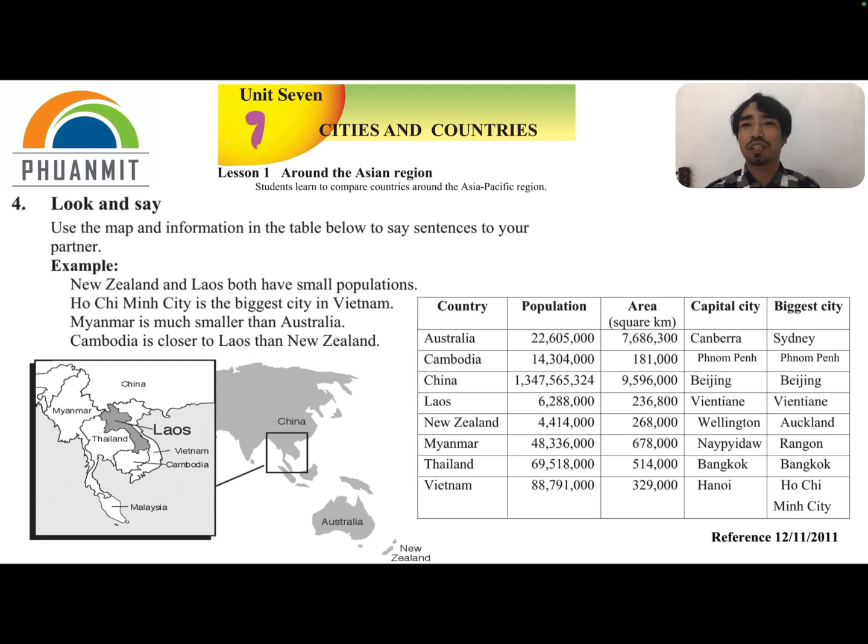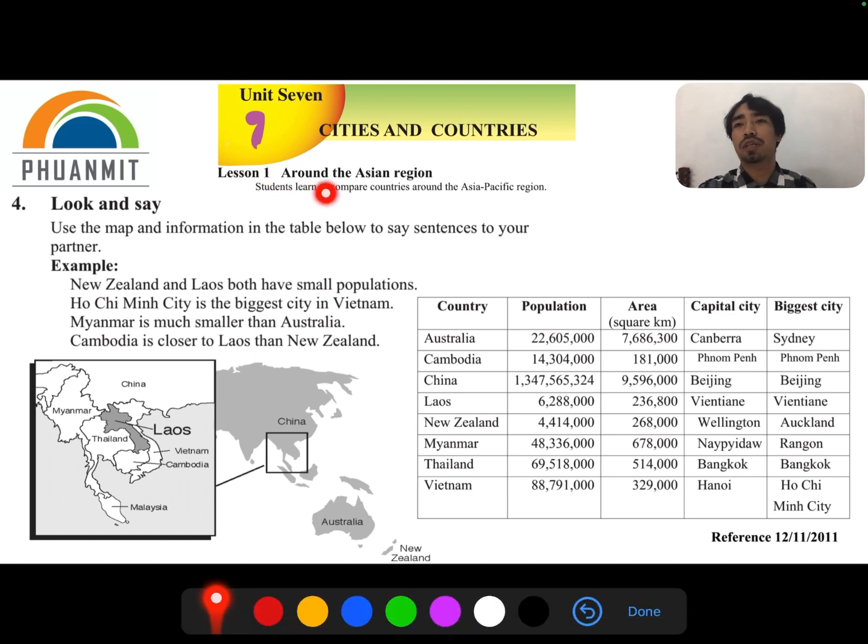So today we'll continue with yesterday's lesson, lesson number 2, around the Asian region, right? We are learning about adjectives, how to compare between two things. And yesterday, in our previous video, we learned big, bigger, biggest,